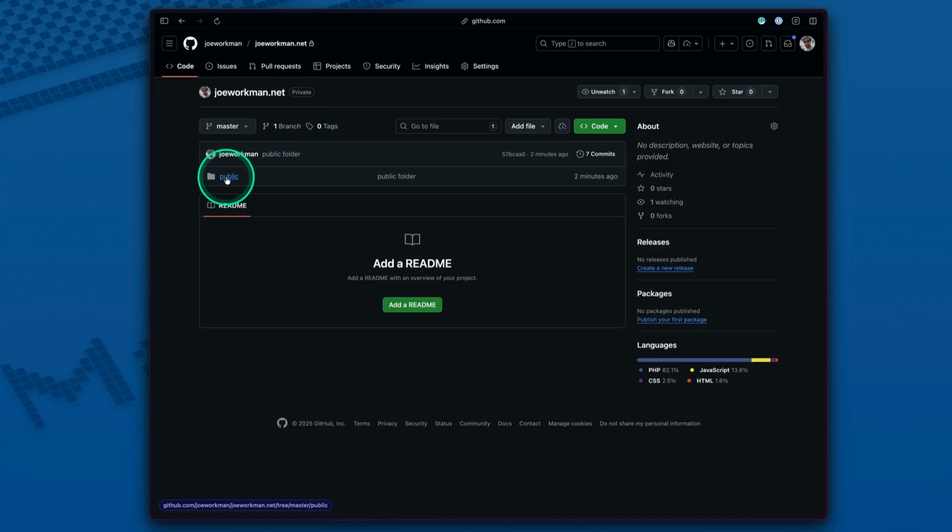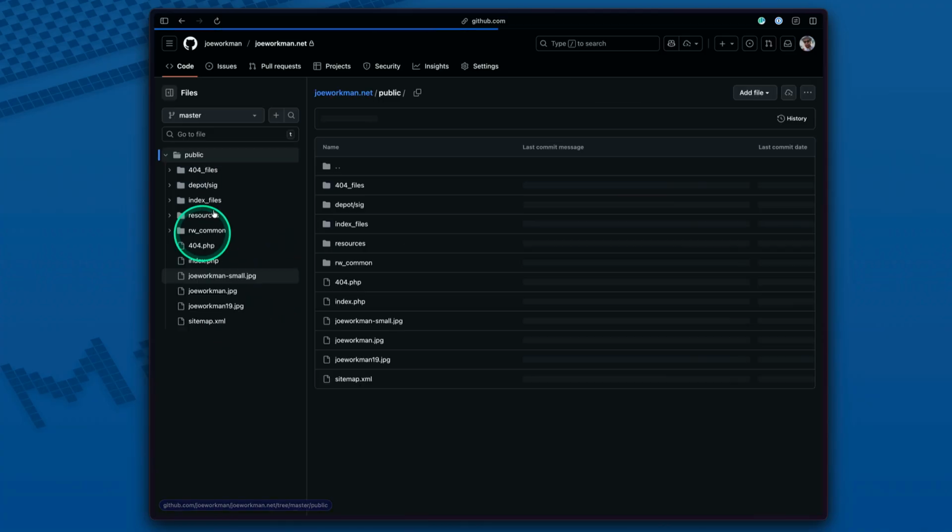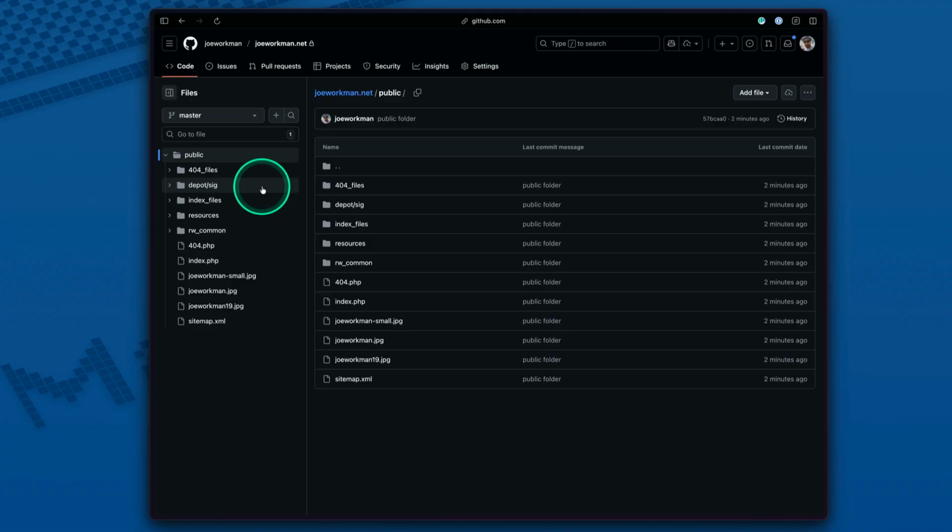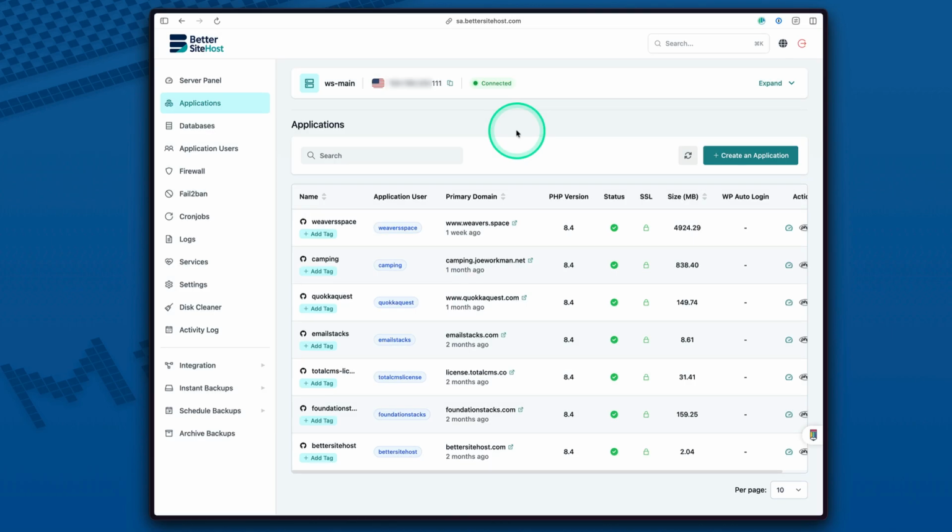And just from an organization standpoint, I recommend storing your website, the public side, inside of a folder. Here, I have a very simple website, so I just have a public folder, and then all the website files are inside of that. Okay, so back inside the BetterSiteHost dashboard, let's go ahead and create a new application from